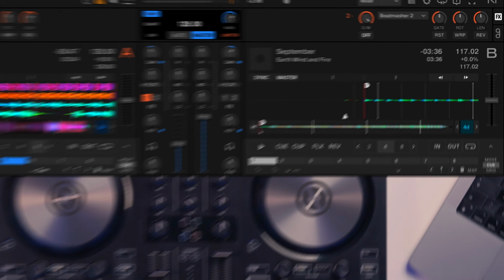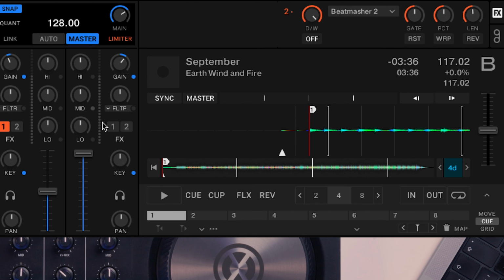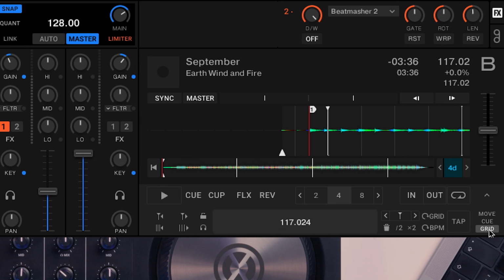Definitely behind some of the other softwares, but it's finally here. And it is simply just like the other softwares that are out there. We would go to the grid editor and then you would set markers through the track at the different change points of the BPM. So for things like disco tracks, which I'm about to show you, Earth, Wind and Fire